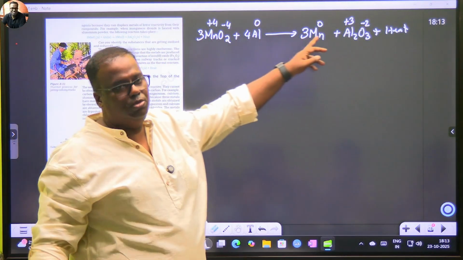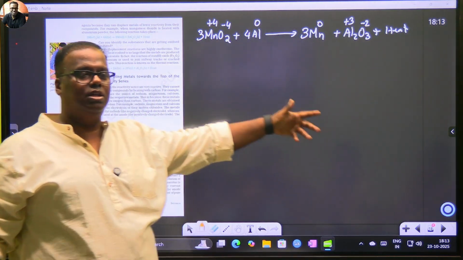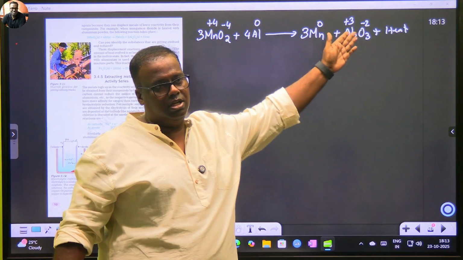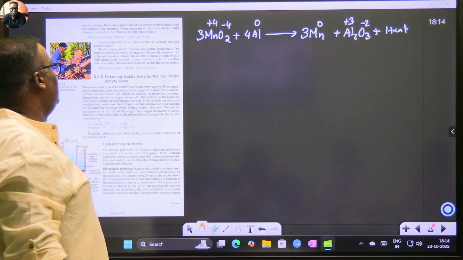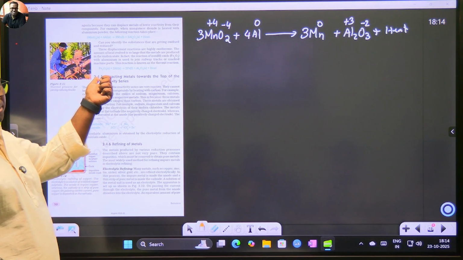+4 has come down to 0. Reduction in oxidation state is reduction. Increase in oxidation state is oxidation. Clear? Shall we try with this one? This one is also easy. Fe2O3 became